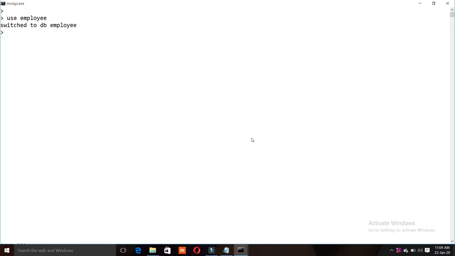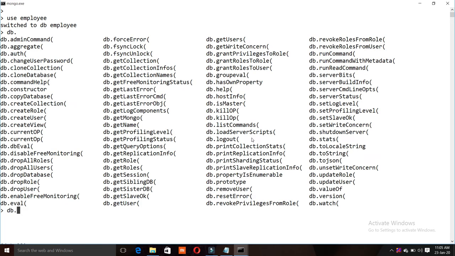Then after that we need to create the collection. How to create the collection? I don't know what the basic methods to create a collection are, and I don't know which method I will use. So what I need to do is type db dot and press tab. When I write db dot and then press tab,